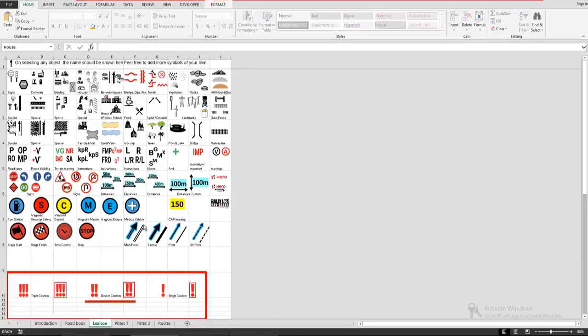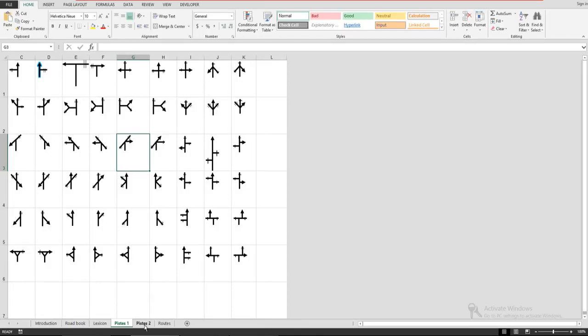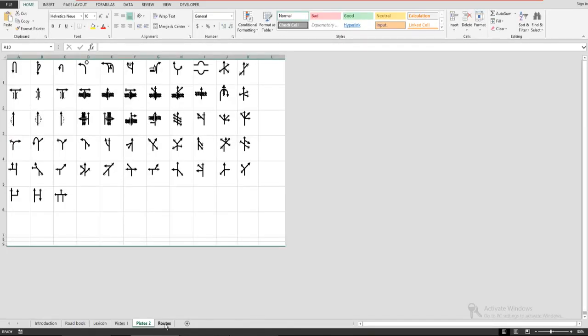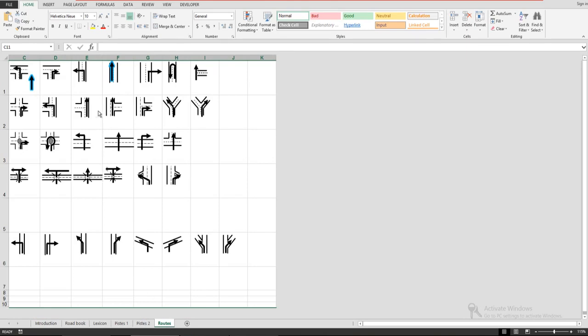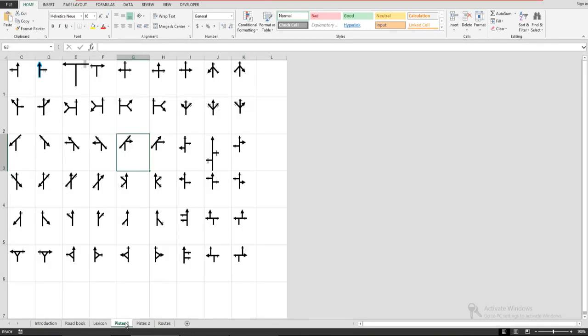The next sheet is a collection of lexicons, and the way we have designed this is if you click on any of the lexicons, it will show you the name in the top left corner here. So in case you are unsure of what the lexicon means, you can just have a look at it there, and also from here you can copy and paste them into the roadbook as required. And since this is just an open Excel format, you can always copy, paste or add your own symbols also if you need them. The next three sheets are different types of pistes and routes. So the idea is if you want to quickly refer to some of these intersections, you can just copy them from here and paste them in your roadbook if you don't want to take the effort of drawing them yourself.